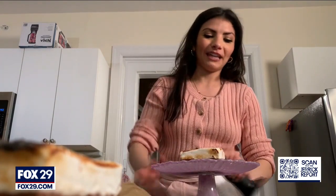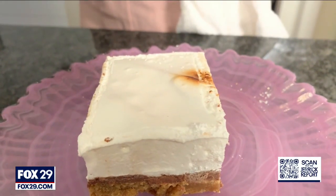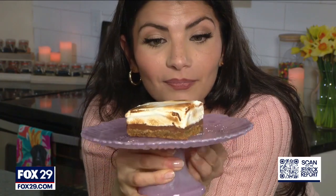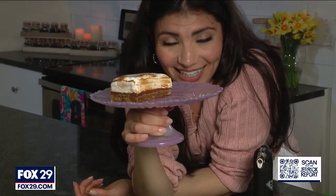This is fulfilling parts of me I didn't even know needed to be fulfilled. $3.60. There she is. There she is, the s'mores bar. Dave,